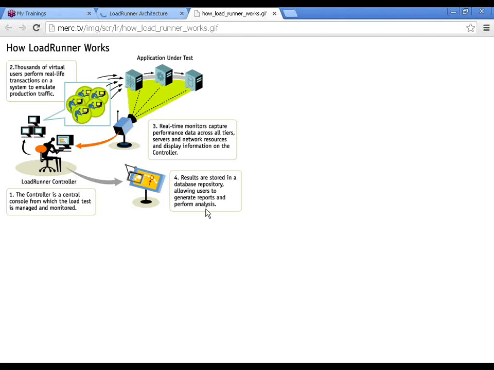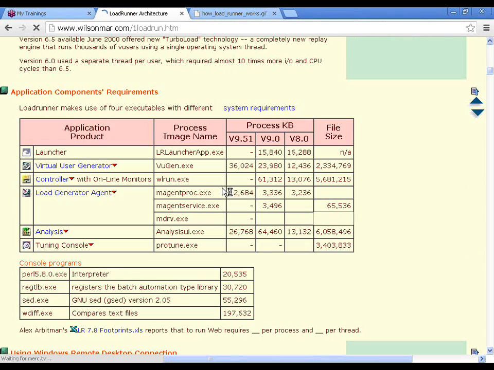So what are these reports? I told you, team, we will be working on creating the graphs so that it will give a better understanding. Okay, as a part of the strategy, we'll look at what sort of graphs we'll be working on, and to get an understanding of what are all the graphs that controller will support, or the analysis tool will support, you can look at that in the day 2 video. So that's how LoadRunner works.